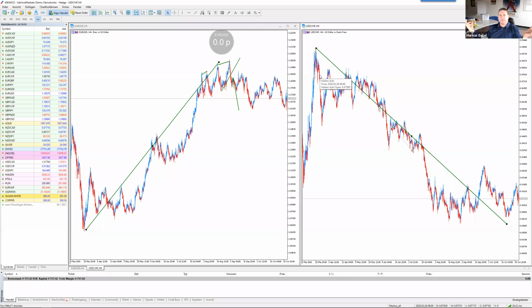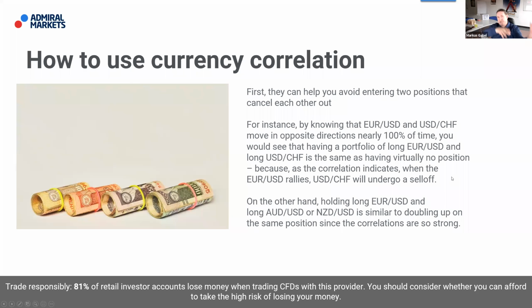So you see, if you have a coefficient of 100% of a negative correlation between two currency pairs, it makes no sense to go long in both of them. If you have a negative correlation by 100%, you have to go long on one currency pair and short on the other one. Otherwise, you have zero profit, because on the one side you make profit, on the other side you make loss. You see, it is this kind why it makes no sense to go long if you have a negative correlation. Or switch to the slide again.